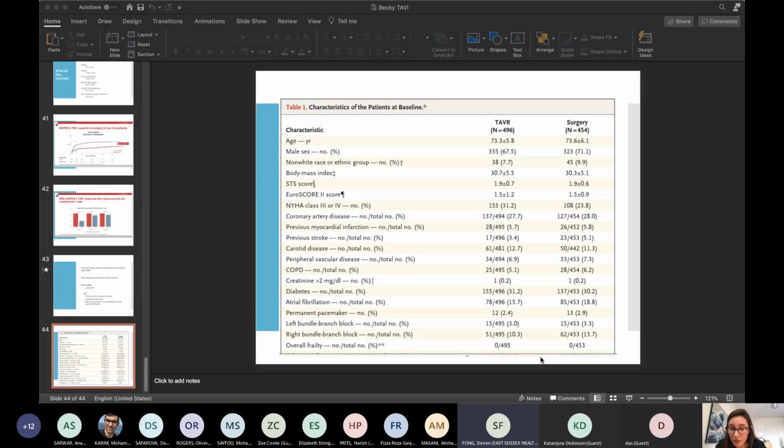Any sutures required for TAVI? So often what we do is something called an Angio-Seal. Again, this is used in femoral angiography. It's a device that puts a suture into the vessel without you being able to see the vessel, but